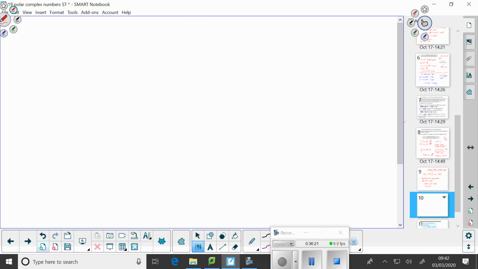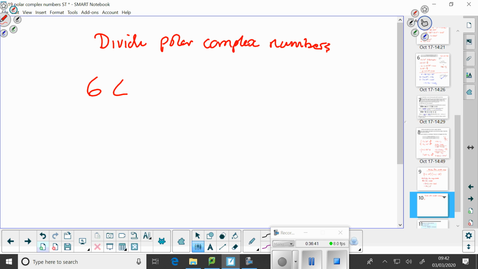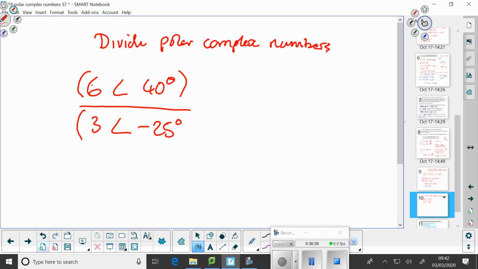We'll do 6 angle 40 degrees divided by 3 angle minus 25 degrees. Yeah, here we divide